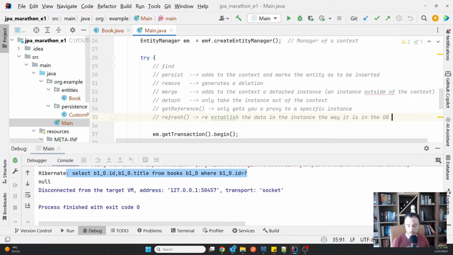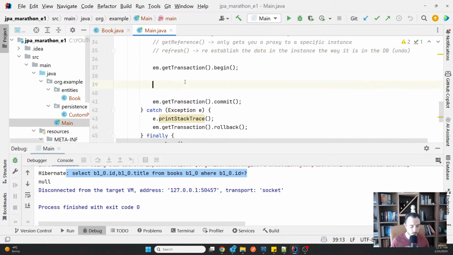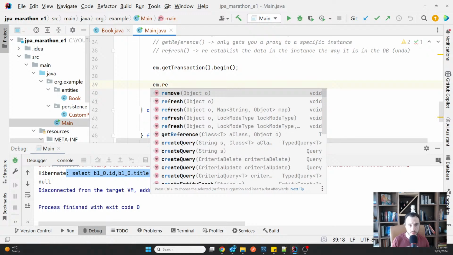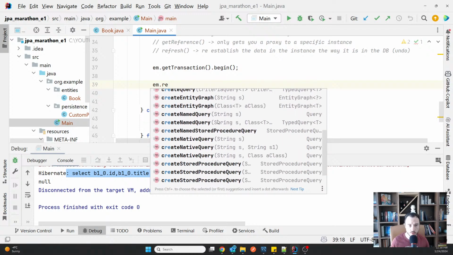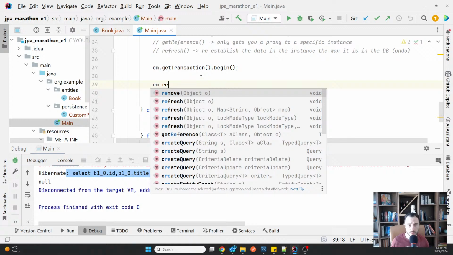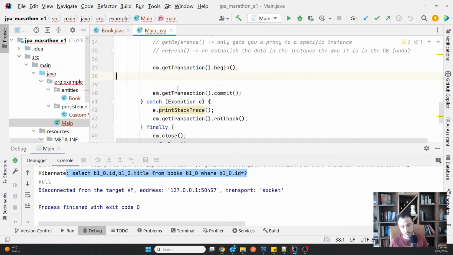So it's kind of an undo for a given instance. I think there was even a refresh all, but I think it has been removed, fortunately.